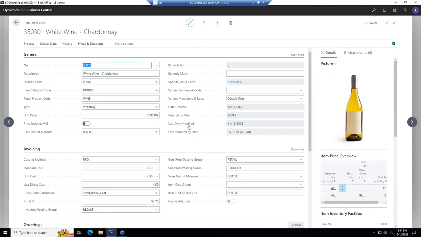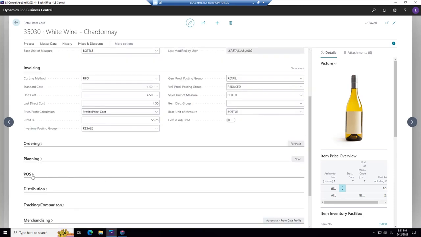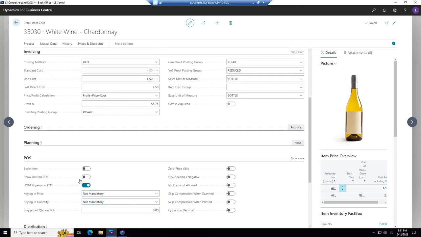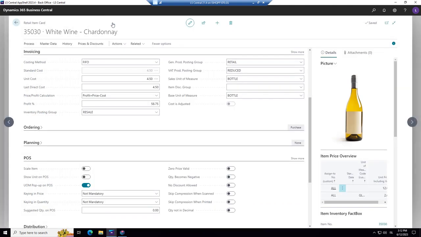So it's similar to the coffee. On the POS fast tab, you have unit of measure pop-up on POS enabled. Then in master data, units of measure, you have both the bottle and the glass. And you see the bottle is bold, which means this is the base one. So let's go out. Base unit of measure is bottle.